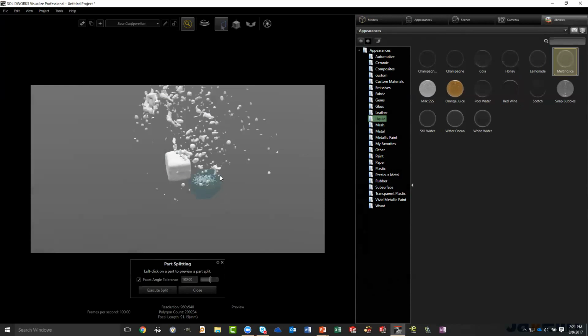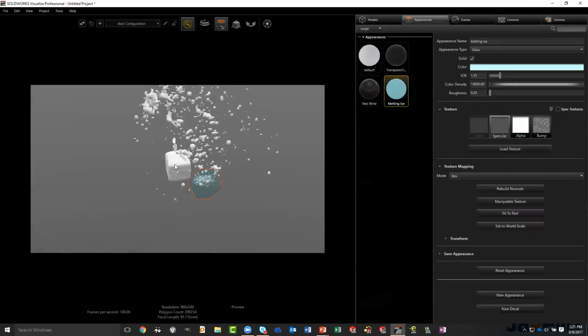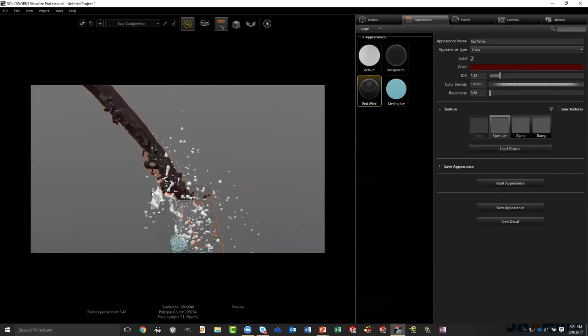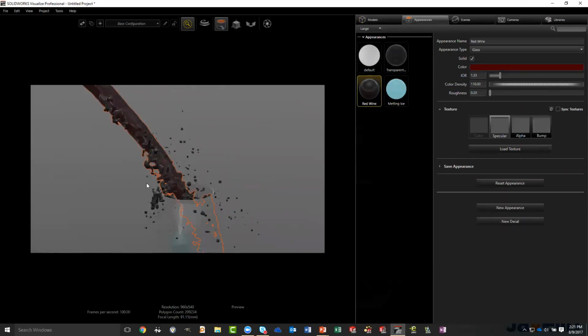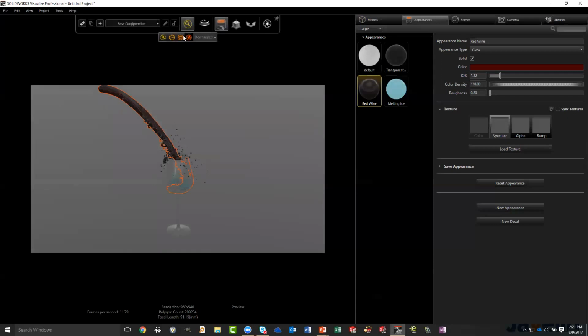And another quick tip in Visualize as well, if I'm in appearance selection mode and I hold down Shift, left mouse click to copy an appearance, and right mouse click to assign it to another part. Okay, and if I just unhide, right, Control Shift U will unhide everything that I have, and again, Shift left click, and then right click to copy. Okay, so this is pretty much looking how I want it to look. If I go into accurate mode,